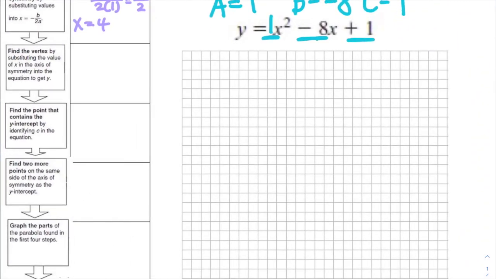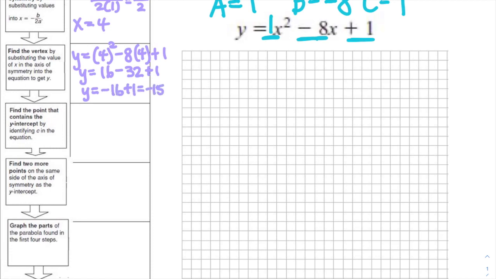So we can go ahead and graph that if we want, or we can go through all of our steps and then graph. So let's go through our steps. It says find the vertex by substituting the value of x in the axis of symmetry into the equation to get y. So y equals x squared, x is 4, minus 8 times 4 plus 1. So 4 squared is 16, minus 8 times 4 is 32, plus 1. 16 minus 32 is negative 16, plus 1 gives us negative 15. So the coordinate here is 4,